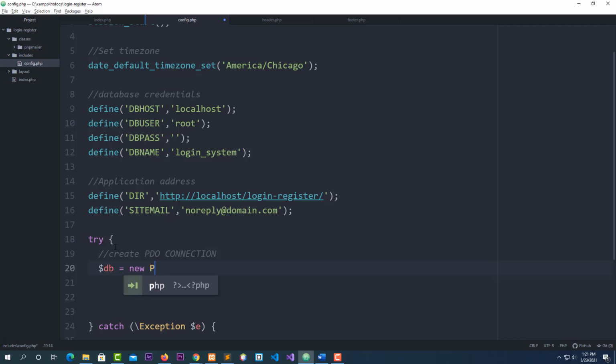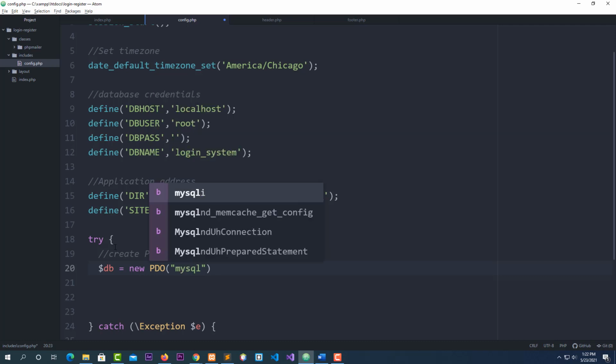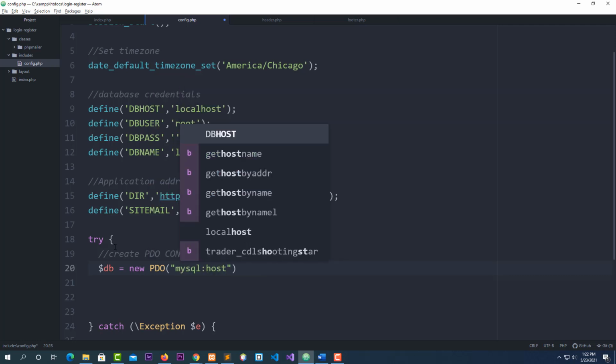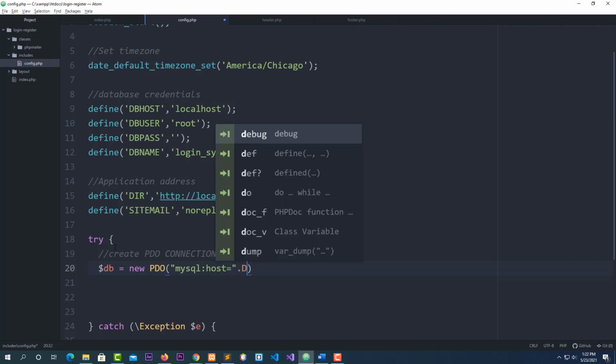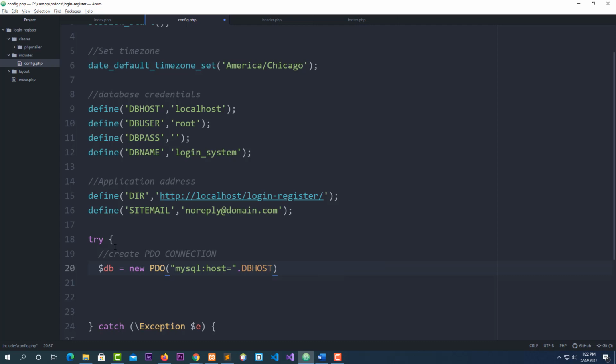new PDO. Okay, double quote mysql:host=. This is how you do it, and you put DB host. Okay, after that we need a semicolon. This is where we close it, and I'm going to say charset equal